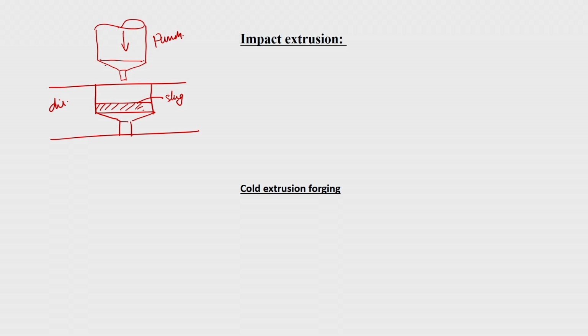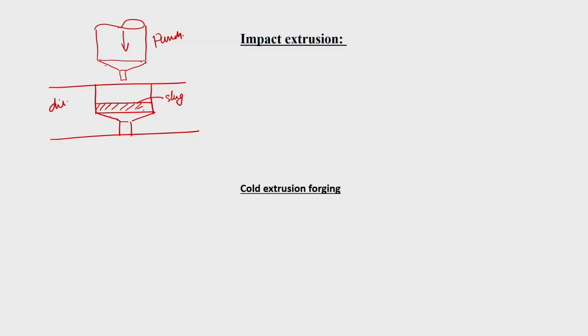Normally by means of a mechanical press, a slider crank mechanism, it will be coming and hitting with a very high impact, and because of that, this metal will deform. If this is the punch, a small thin layer will just flow along this.